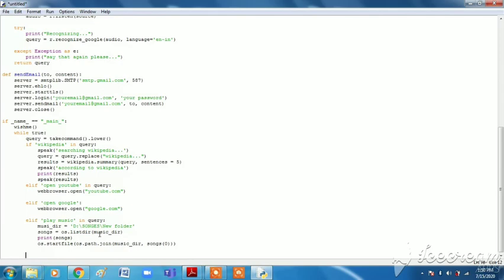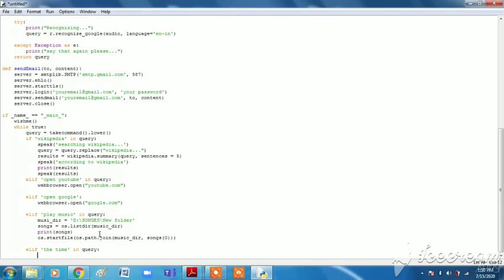Now we will write the time command. It will tell the time. elif 'the time' in query: strTime = datetime.datetime.now().strftime, and then bracket, then inverted comma, then